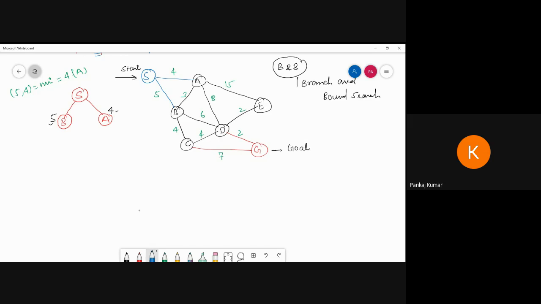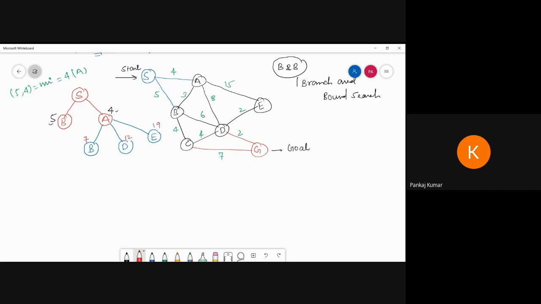So now see, from A to B, I have to reach B. So here B will be considered. In DFS it is not considered, but here I consider A to B, then B to D, and A to E. Now again I am going to calculate the distance traveled. From A to B, I can go 4 plus 3, this distance is 3, that means 7. So I am writing 7. B to D, 8 plus 4, that means 12. And A to E, 15 plus 4, 19.